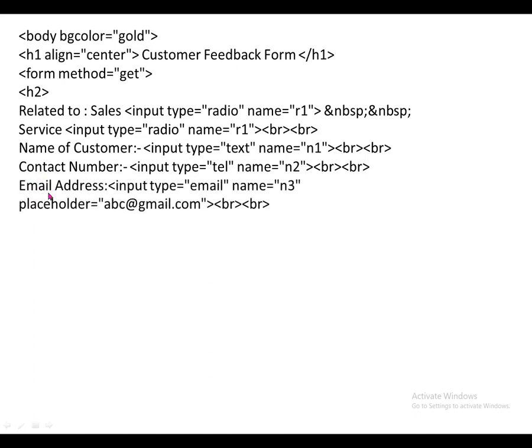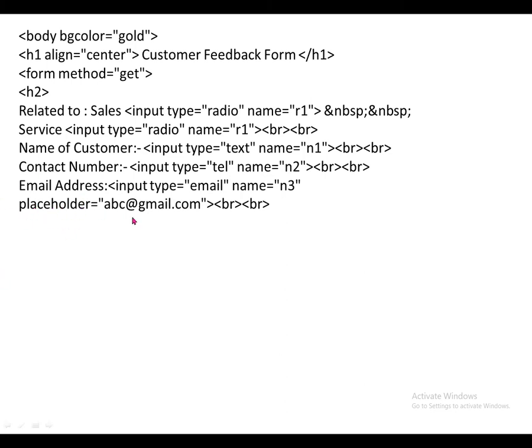Next field is email address. For email address the input type must be email. You remember this. Here I am using tel, here I am using text. Tel stands for telephone number, text is for a text box. Here email means strictly you have to add an email address only. So here you remember the placeholder as an attribute.